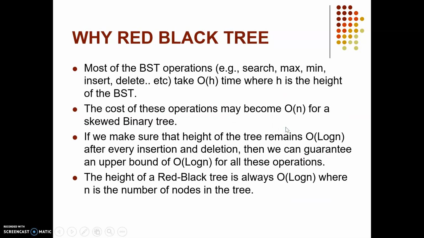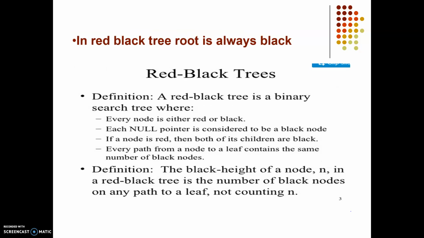These are certain rules which we have to follow. Again, why red black tree? Red black tree, because it is a self-balancing binary tree, so the complexity will not go beyond log of n for every operation, whereas in a normal BST it can be a skewed tree, so the complexity of operations can go up to O of n. So again, for reducing time complexity we are studying this particular topic.